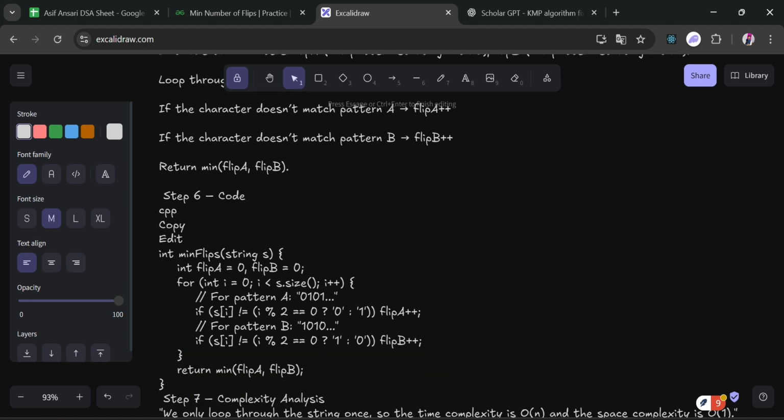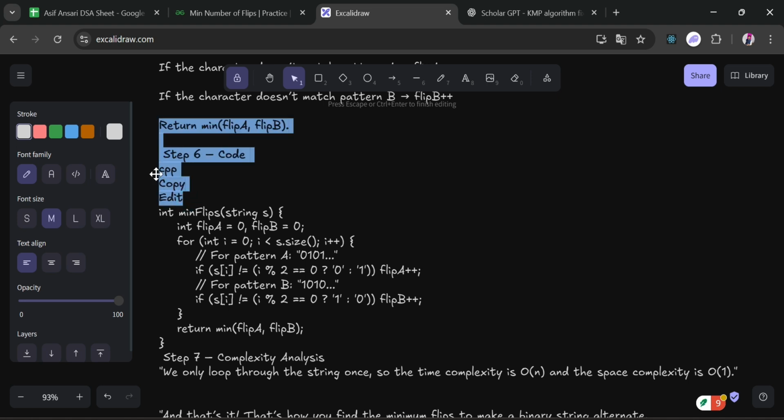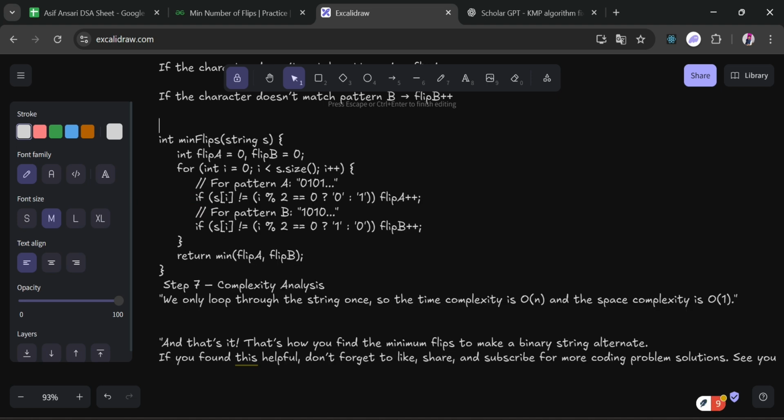Here is the code. The code will be int minFlips with the given string. We initialize flipA and flipB, and we have a for loop. For pattern A, 0 1 0 1 0 1, if s[i] does not equal the expected value based on the condition i mod 2 equals 0, then we increase flipA.